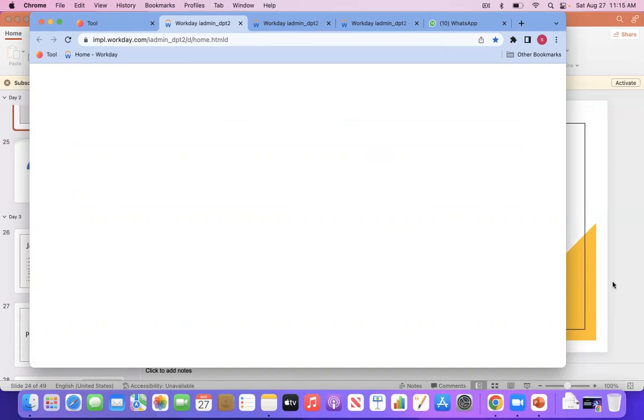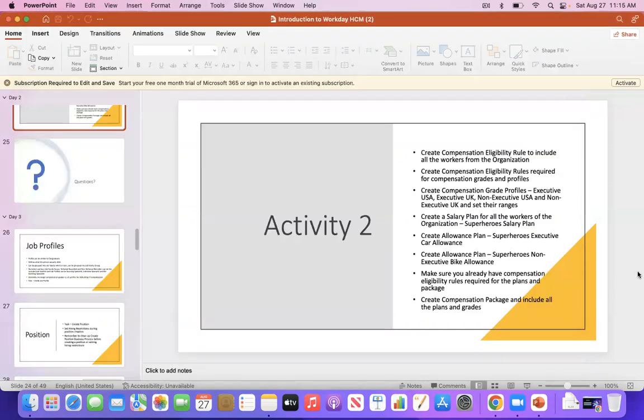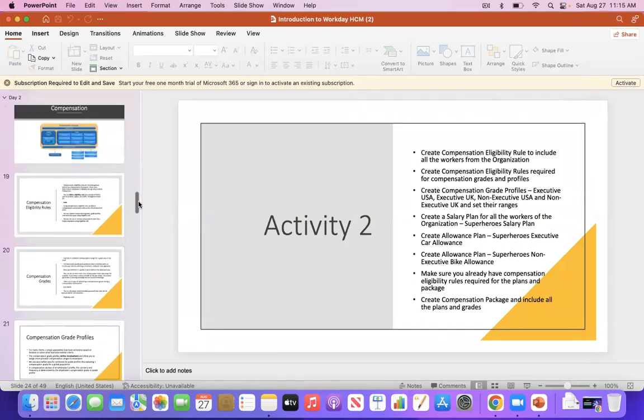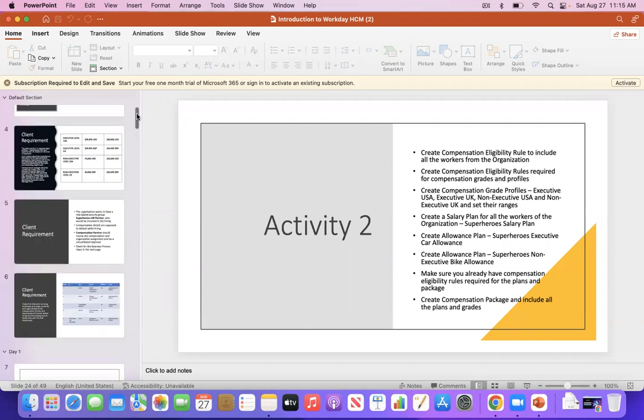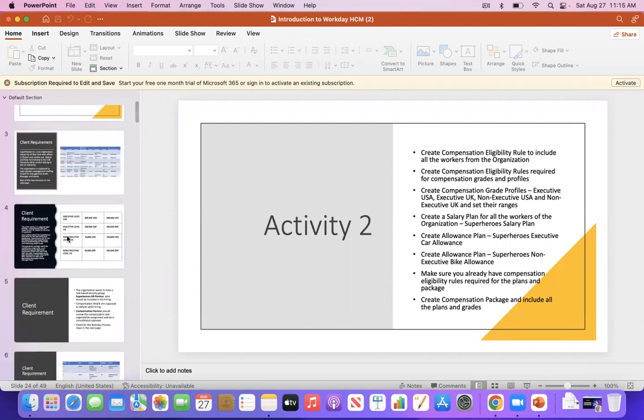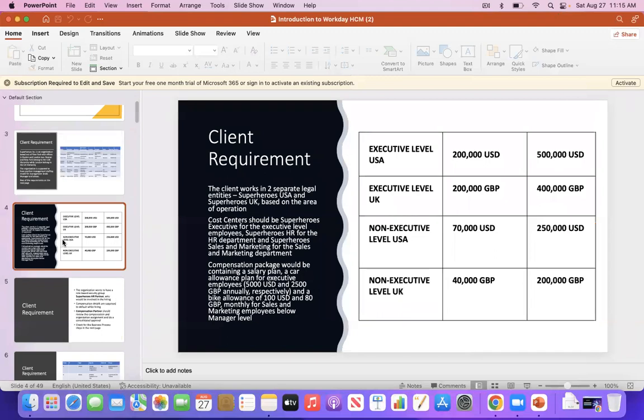Okay, so apart from the salary plan, let's go and visit a few other plans. Let's go to the other plan that we need here. It's an allowance plan. So we have two different allowance plans: one for the superheroes executive car allowance, and the other for superheroes non-executive bike allowance. So if you go to the top, you can see